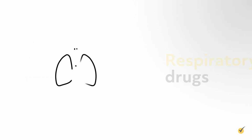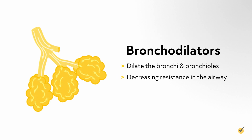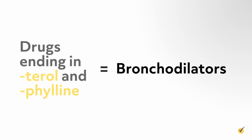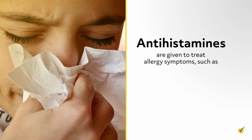We've included a couple of common respiratory drugs. Bronchodilators dilate the bronchi and bronchioles, decreasing resistance in the airway and increasing airflow to the lungs. These medications are given for asthma and COPD and include drugs ending in terol and phylline, such as albuterol, levalbuterol, theophylline, and aminophylline. Antihistamines are given to treat allergy symptoms, such as sneezing, runny nose, itching, or hives, and include